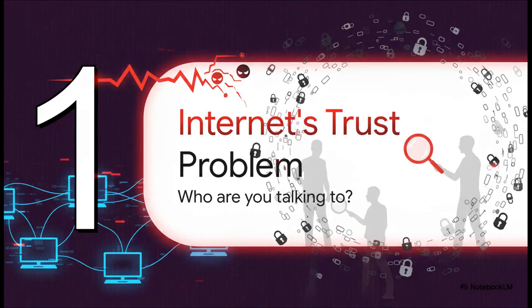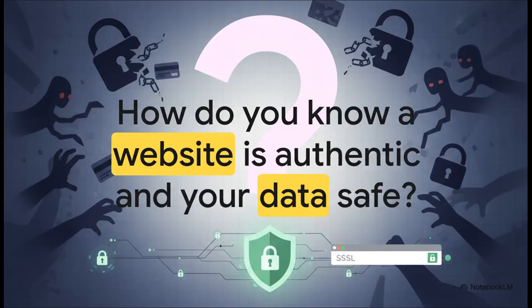You have to remember, the internet at its heart was built to be open, not secure. It was like the Wild West. So when you send any information out there, a password, your credit card, anything, it's bouncing between all these different computers. And without some kind of verification system, you have absolutely no way of knowing if you're talking to your bank or to a scammer who just looks like your bank. You just don't know. So this is the fundamental question, right? How can we possibly build trust in an environment that is, by its very nature, untrustworthy? When you're about to hit buy or log in, how do you get that peace of mind that your data is safe and you are who you think you are?